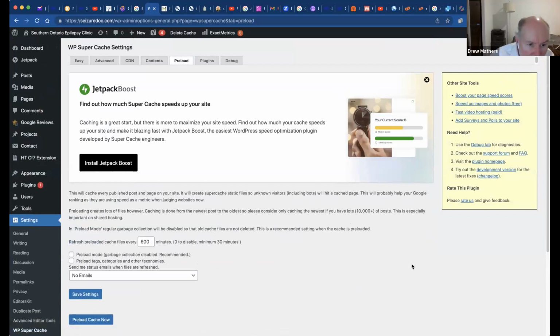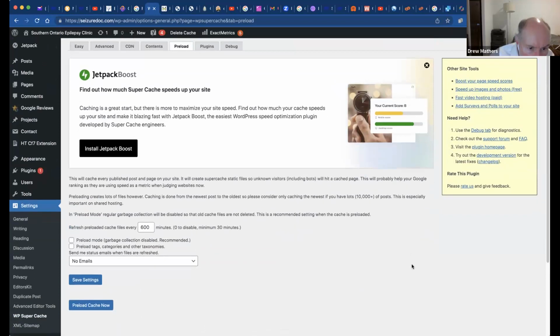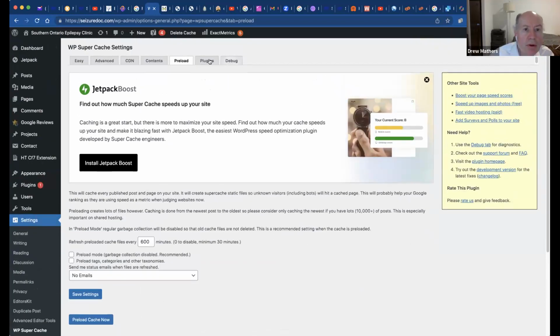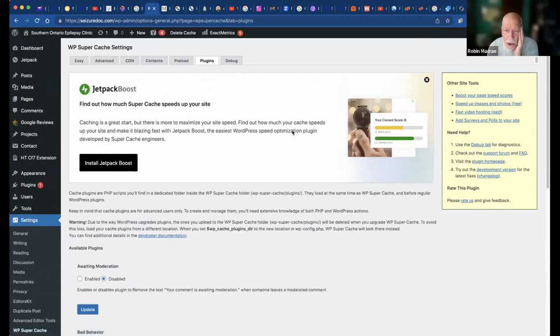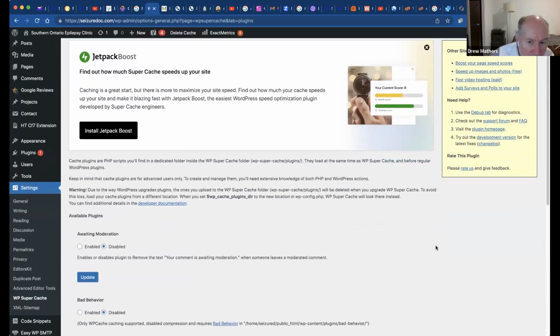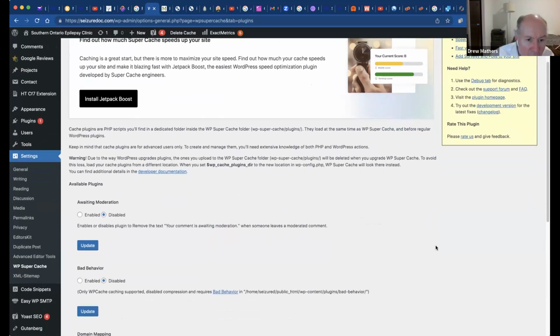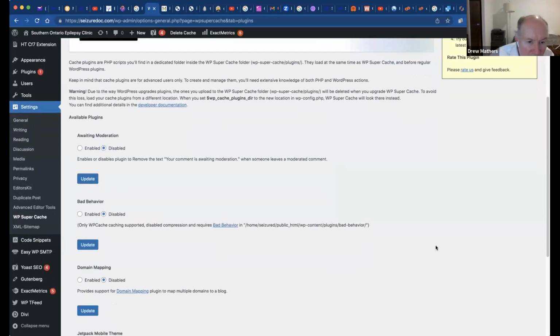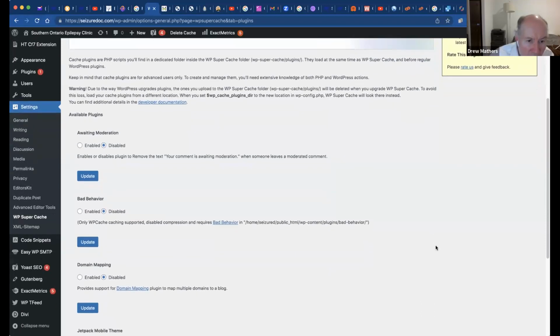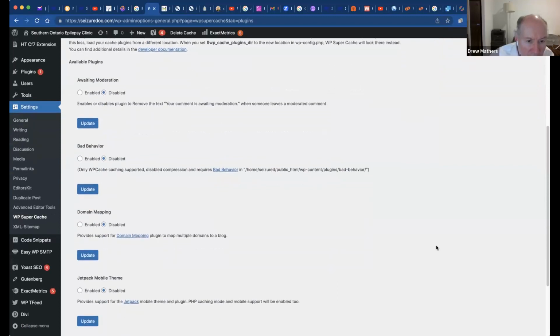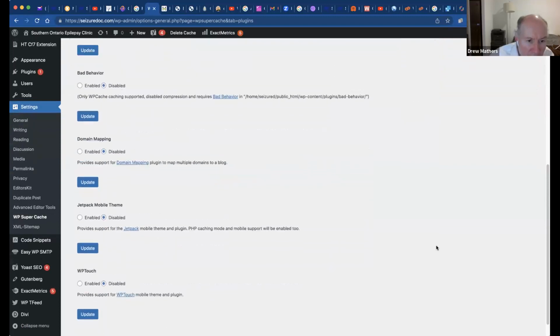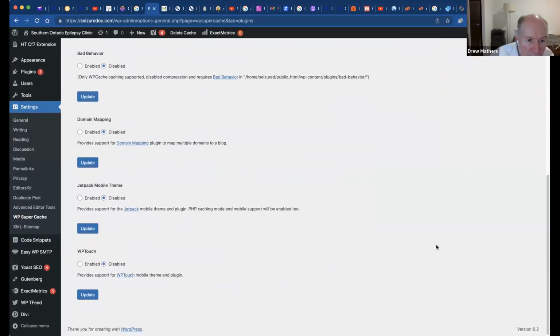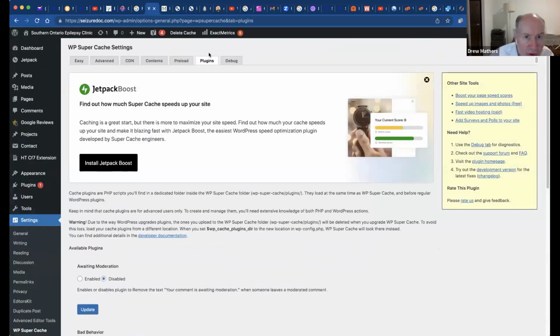Reload. No. Next, plugins. What is it you're looking for, Drew? Well, what I'm looking for is the settings for optimization, specifically for combining CSS files and JavaScript files, and debug.